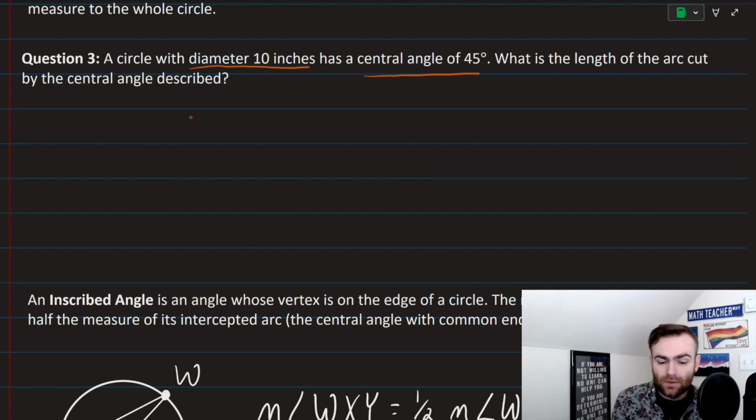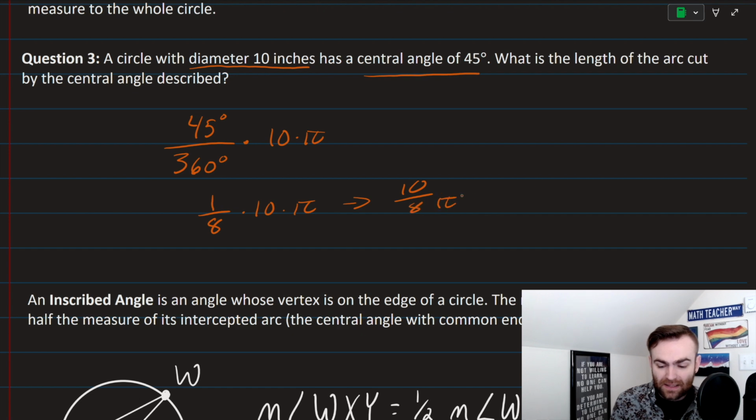So let's figure this out. We have 45 degrees out of the entire 360 degrees. So that's the fraction of the circle that we have. Now the circumference of the whole thing would be either 2 times pi times r or pi times the diameter. So we can actually just do 10 times pi. Well, 45 out of 360, there's 4 90s in 360, which means there should be 8 45s. So this is actually just 1/8 times 10 times pi,